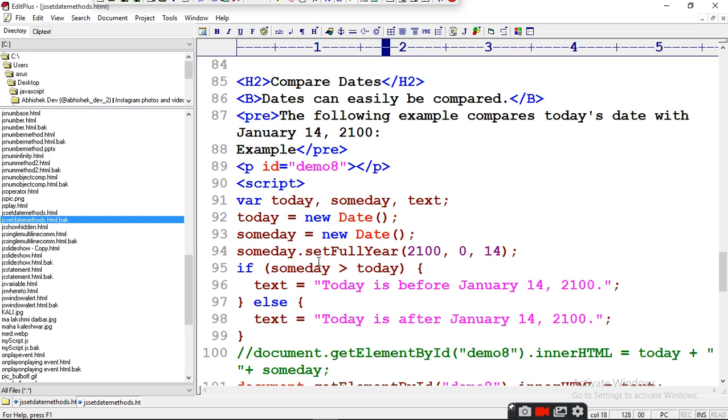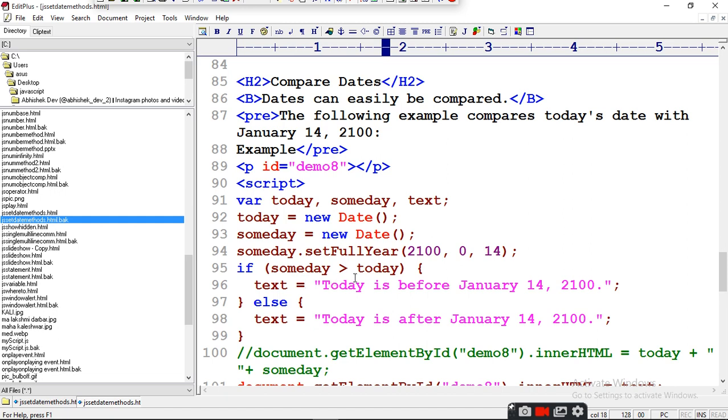When we write someday setFullYear, now I am changing this someday into some other date. In today we are getting the current date, and in someday we are getting the current date but we set it with setFullYear, in which I set the year 2100, 0, and 14. So 0 is for January and 14 is for the day.